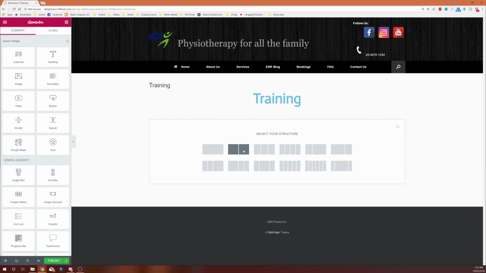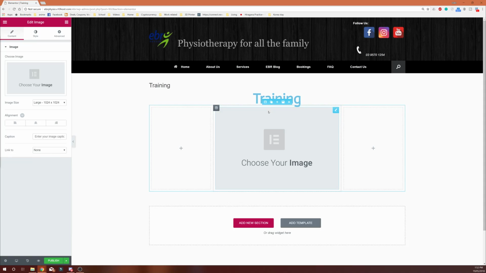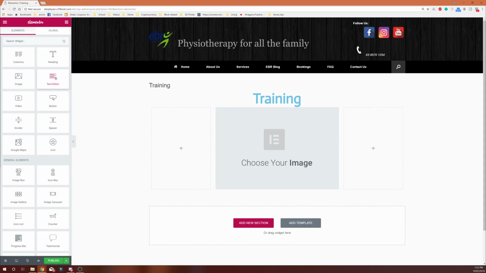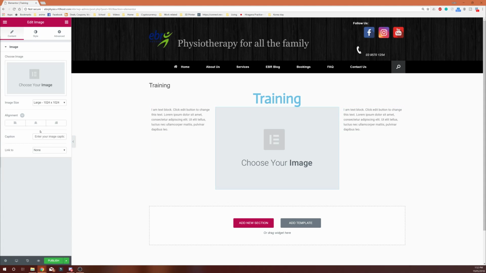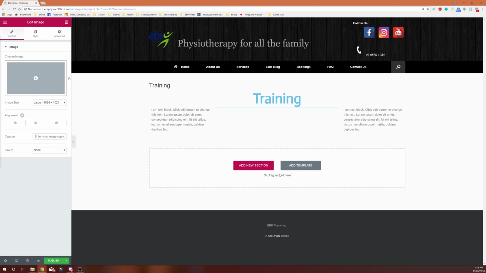So let's keep going and put in another section. Let's say if we want something like this. So it's maybe 15%, 15%, and the rest is 70% here. So what we can do, we can add an image for that spot, and then let's say we just want text, so we can put text here and text here. So to put an image, we just click on to the empty spot, or we can delete it, and then